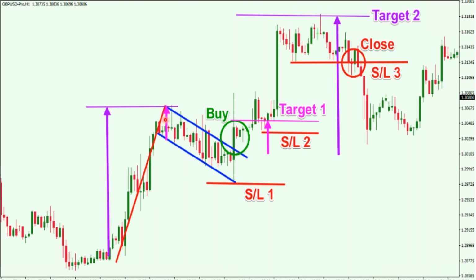This is another shape. Now you understand. So pole, then consolidation, then break, then the target will be either from this area to this area or from this area to this area. You can be as sure as you can, but at least the stop loss would be here, not more, not lower than this area. Okay,